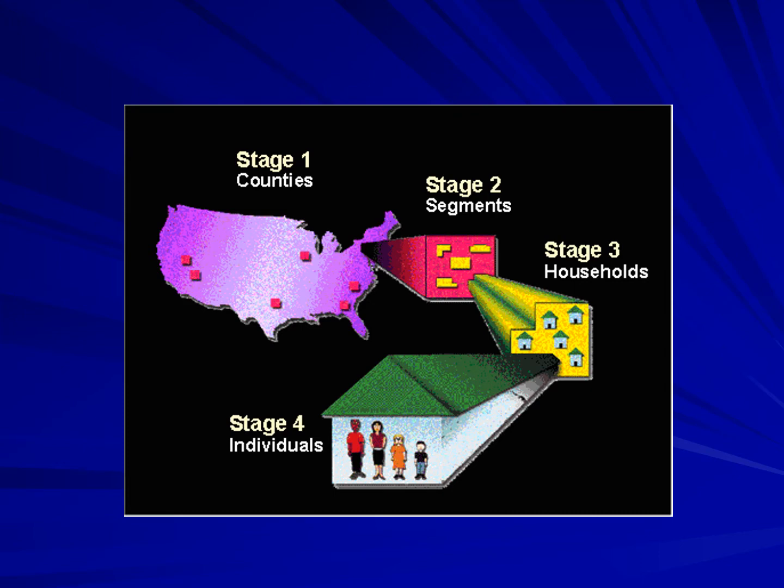You can see one picture on your screen. Here in stage 1 you have to select, suppose, 10 countries in the whole world. After selecting the 10 countries, in each country you have to select segments in stage 2. In stage 3, in each segment of each country you have to select some households, and after selecting the households you have to select one family member. It can be the boy or girl or one of their parents. Now let's take a second example to understand with more clarity.